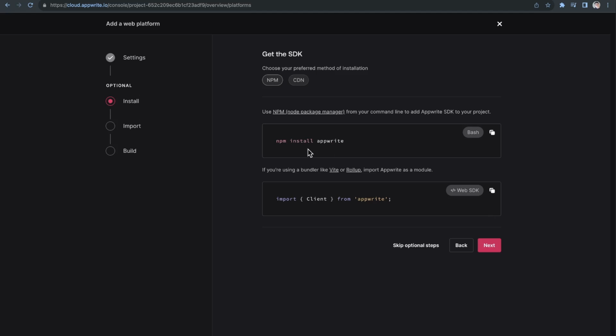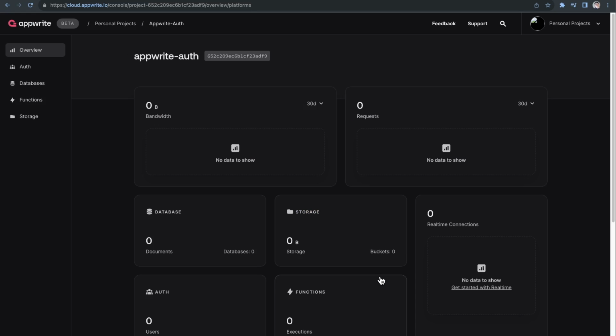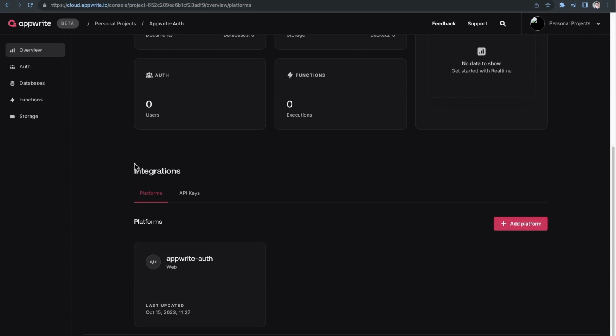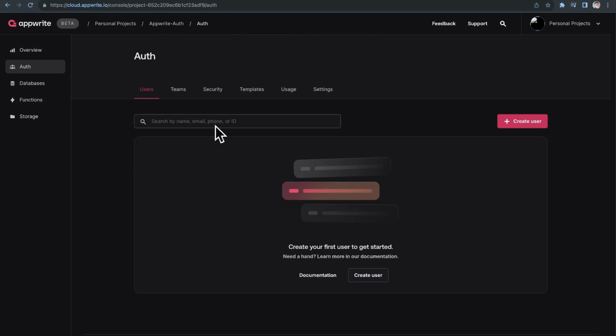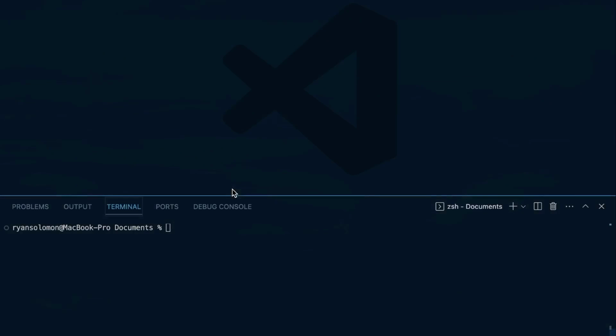And then it gives me some stuff to do here, but I'm just going to click skip optional steps. So now we should see our dashboard here. And our goal here is when we click on auth, we eventually want to be able to refresh this page and see some users, because that would be authenticated users for our app, which is the goal of this tutorial. So what we're going to go ahead and do now is head over to VS Code, and I'm going